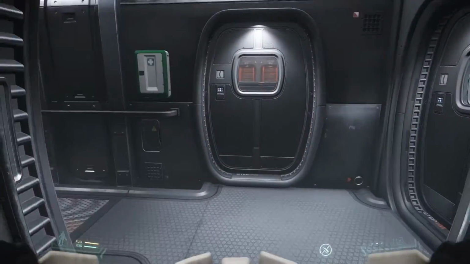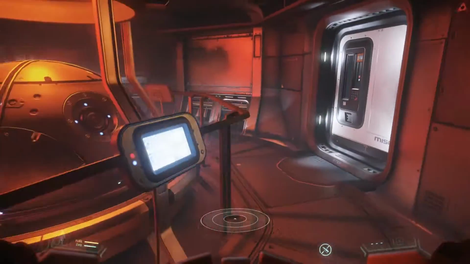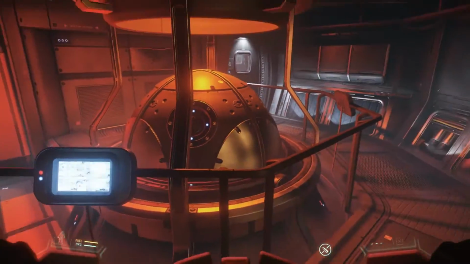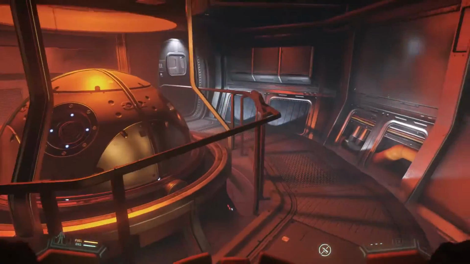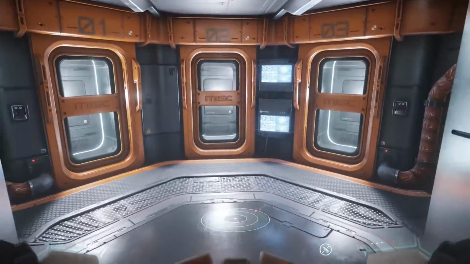Go through here. This is where we have 2 interesting rooms. We'll go to this one first. This is what I can only assume is the gravity generator, this big orb thing here. And for some reason, you have to go through this room to go through this airlock here, and this is